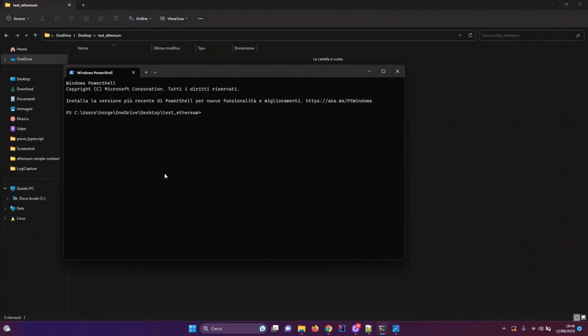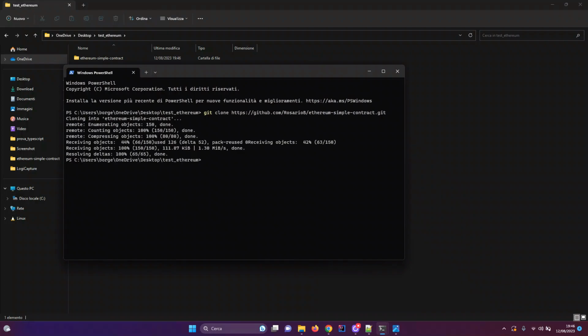So git clone, and I will paste the address I have copied before. So here we have cloned our repository. So we get inside it with cd.